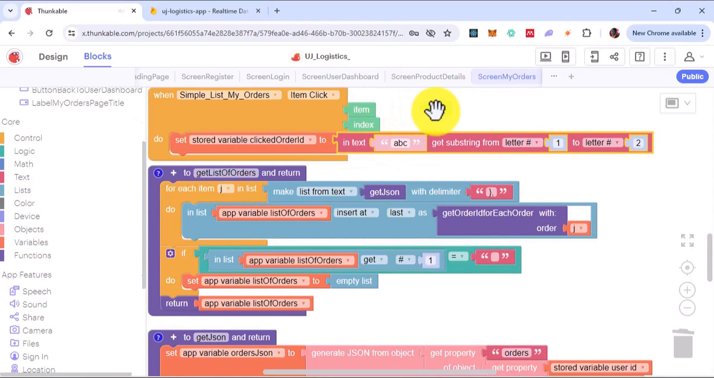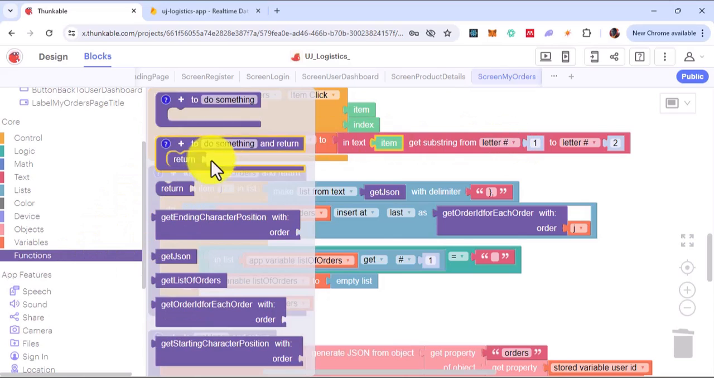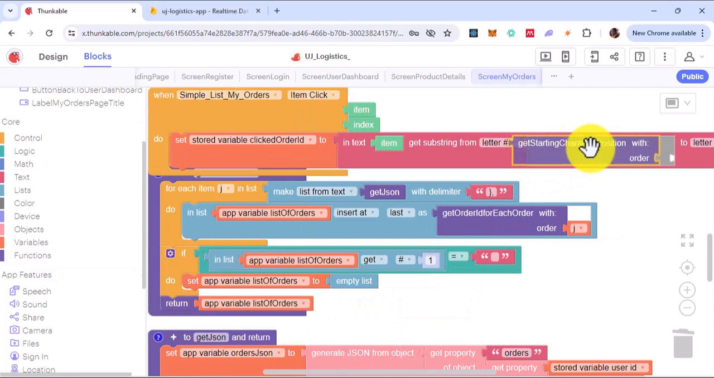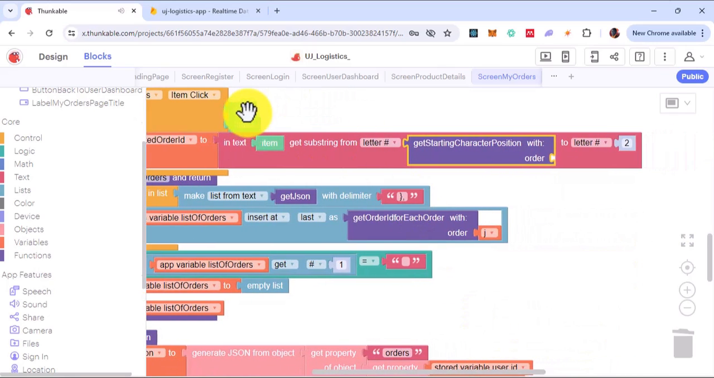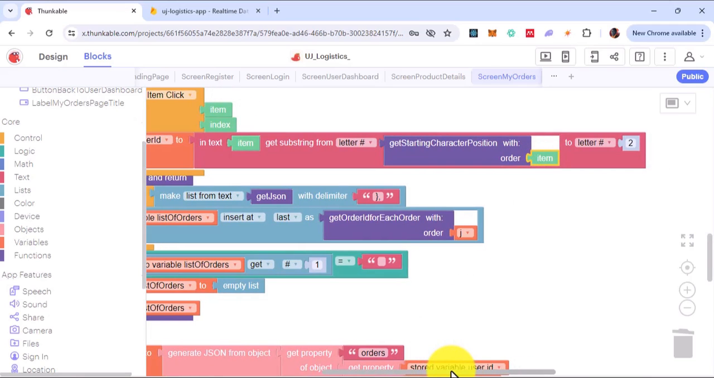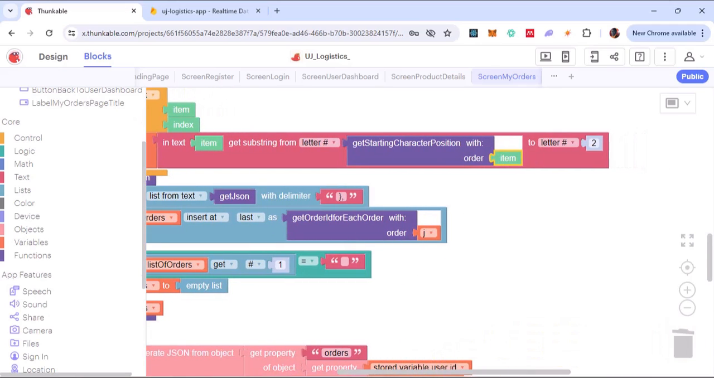In text item, I want to get the string number. I'll come to my function, get the starting character position, and the item I want to use is now item. Of course, I've defined it as order, but it's still the same pattern. Look for the first occurrence of 1, then add 12 to it. So this one will now be 2. Where should I stop? Stop at get ending character position,